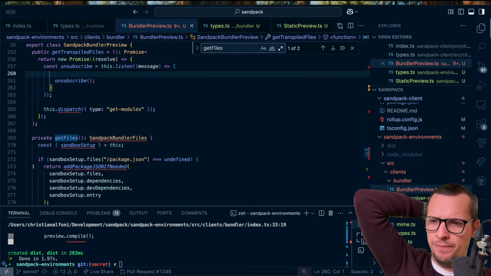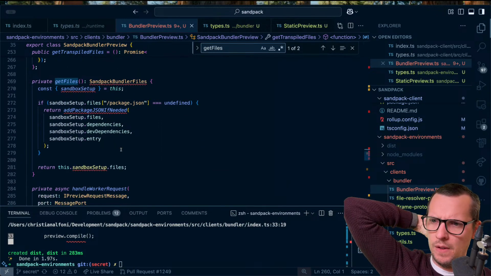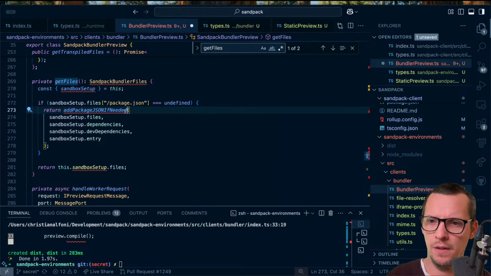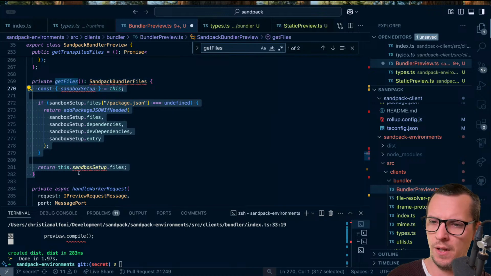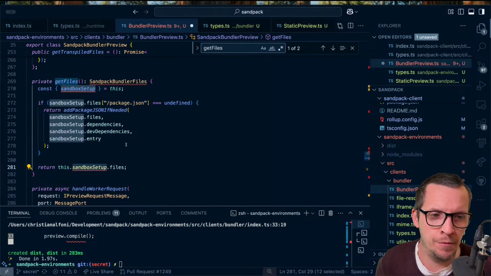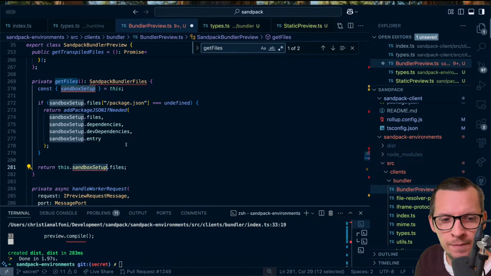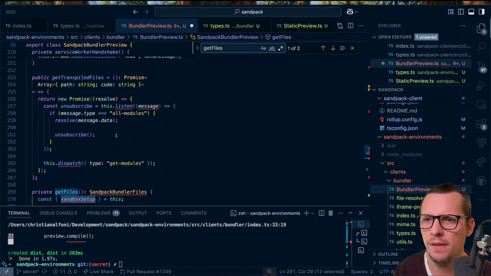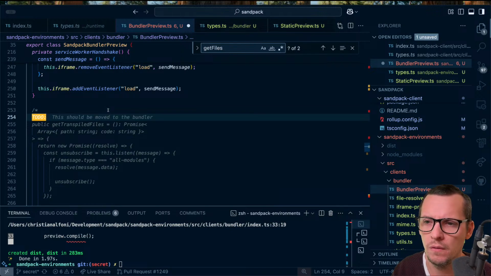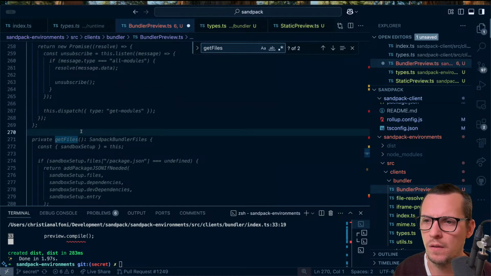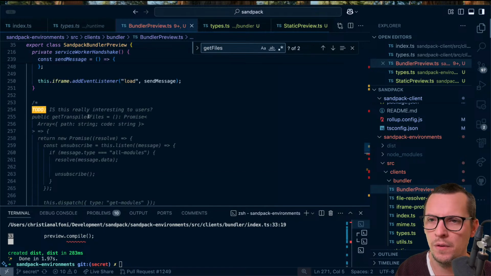Yeah, but then we need package JSON if needed. Oh, this is interesting. This is get files, and it shouldn't get it from the sandbox setup anymore. It should get it from the file system. So we need to change that. So I think we're gonna drop the to do. Is this really interesting to users? I'm gonna drop that one, and then we're gonna change